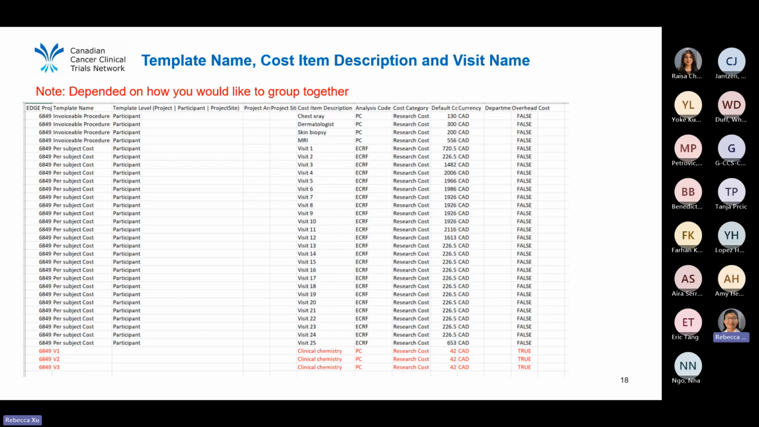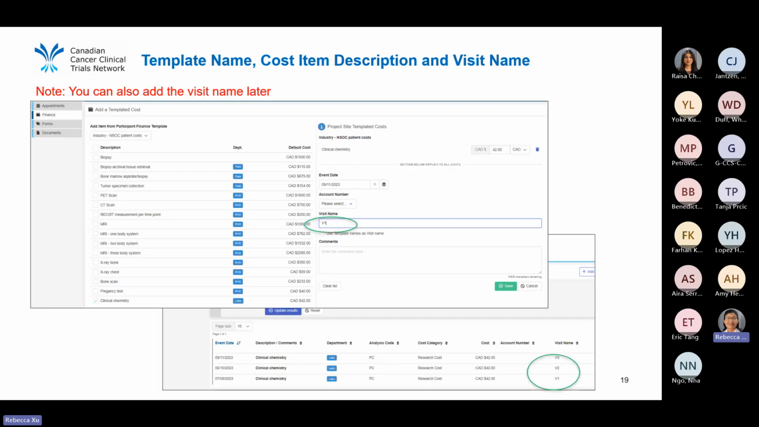So if you have any question, just feel free to raise your hand and then I can address that anytime, now or later. So once you have all the template cleaned up and ready to use,